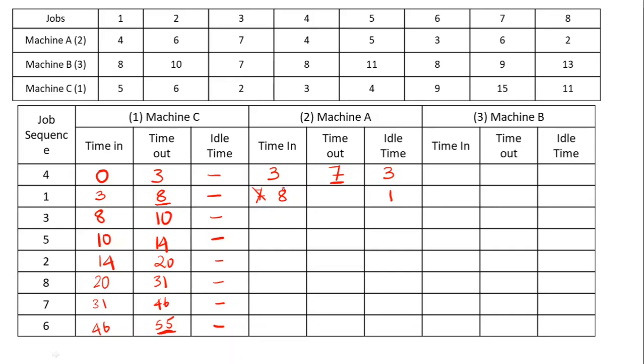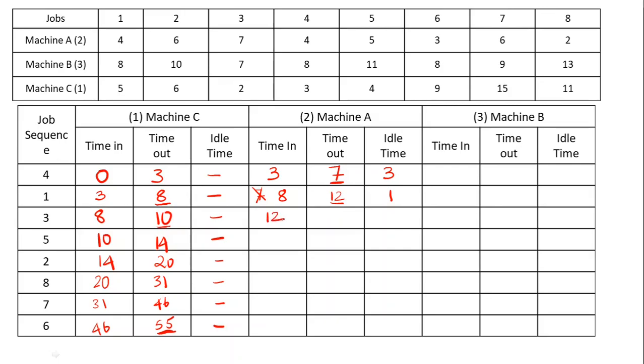Once we have filled up, then we can go to the sequence. So it's job number 1 and 4 hours to complete. So it is 12 hours, 8 plus 4. Now again compare this value and this value. So what happens is the machine completes the work in the 12th hour, whereas the third job has been completed in the 10th hour itself.